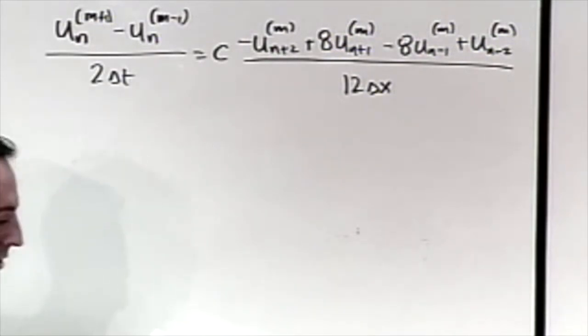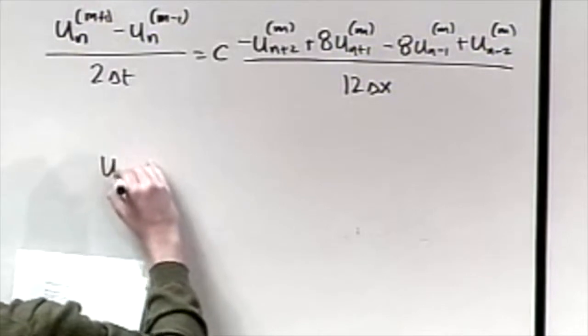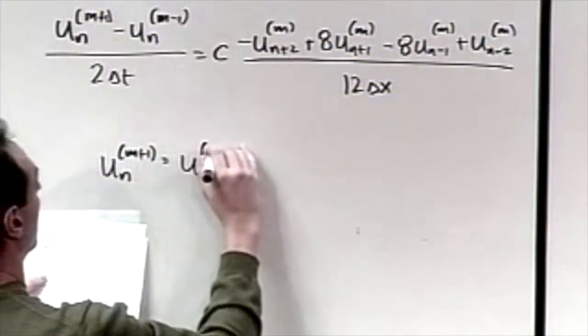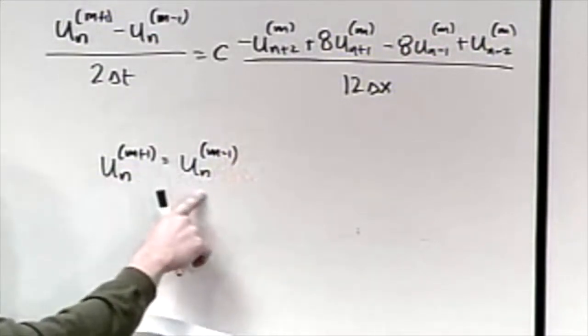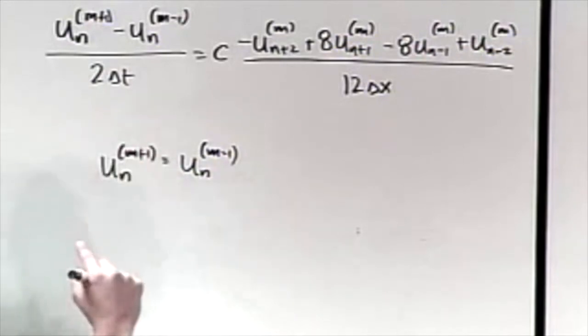That's your scheme, and what you end up with then, if you solve for your future time, is the following. U of n, m plus 1 is equal to u of n, m minus 1, so it's still a leapfrog, because the point in the future depends not on the point right now, but one point in the past,